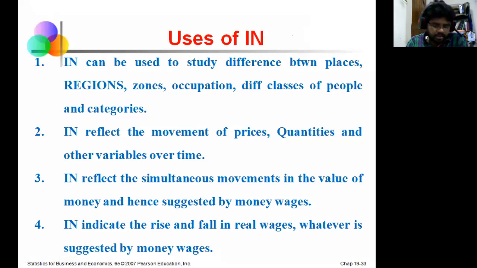For example, when we are estimating the index number, I told you that in order to measure how much the cost of living in Hyderabad and how much the cost of living in Chennai, we'll compare. For example, if you got some opportunity to do some job, you may get two options, that is Chennai and Hyderabad. So which option are you going to choose? Most of the people will depend on the cost of living. Where the cost of living is very less, they will prefer that particular place. Am I right, students?